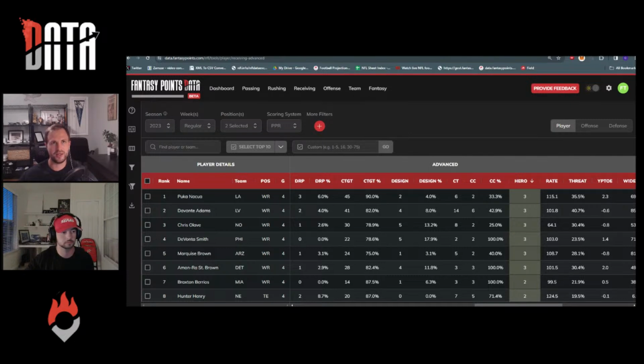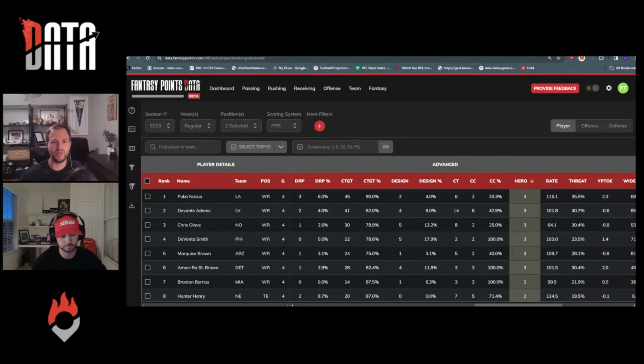I think we gave Sam Howell one this past week when he sent the game to overtime against the Eagles, his touchdown pass to Jahan Dotson. They weren't super far from the end zone, but given the situation, I'm pretty sure he was on the run too, if I remember. The high leverage nature of it makes it a hero throw.